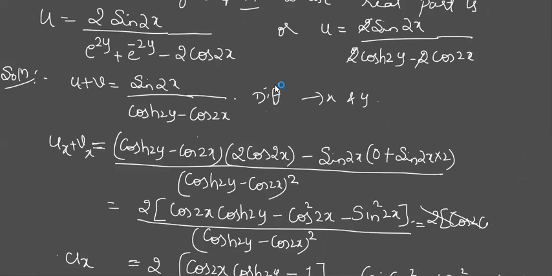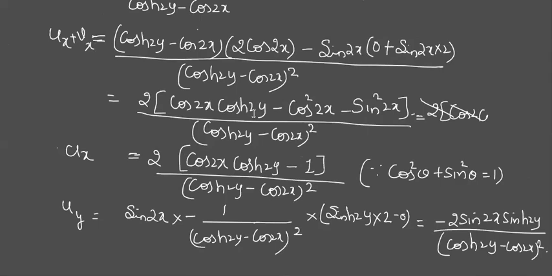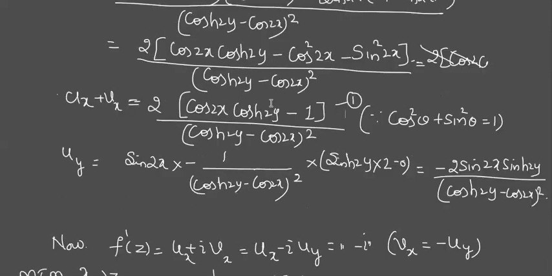The RHS part is the same, means same thing. So I will get one expression for ux plus vx. Correct? I'll call this equation 1. On similar lines, if I do it with respect to y, I'll get uy plus vy, isn't it? And what is the value of this? Again, the RHS part is 100% same. Only the change is with the LHS part.